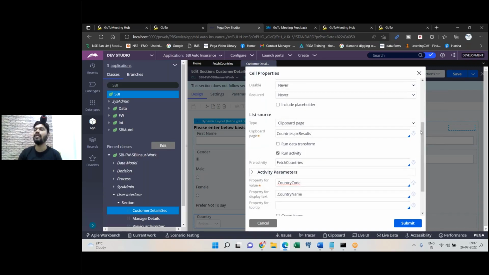This requirement is called populating a drop down dynamically, where the source is an activity with clipboard page. Understand? So that is the purpose I created the activity a few minutes back. Make sense, everyone clear? This is one approach. Write down the business requirement. Working with drop down, everyone write down, working with drop down